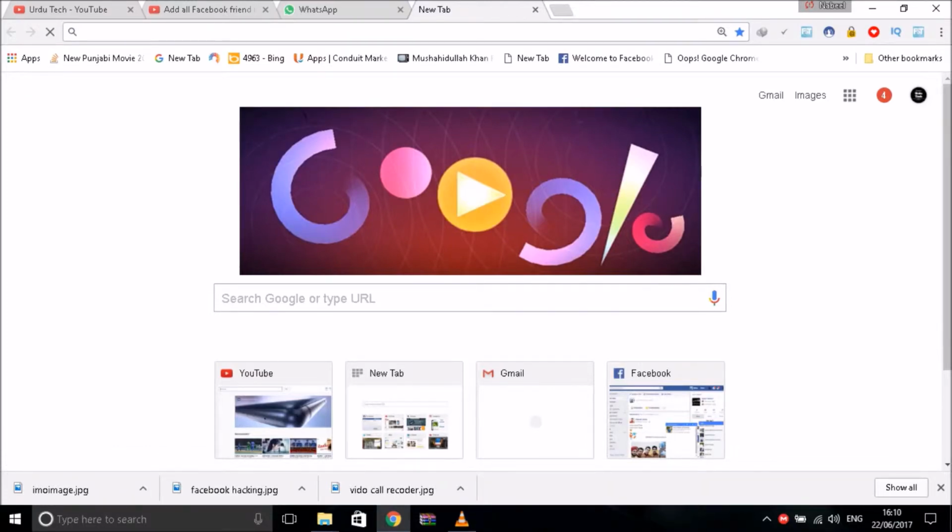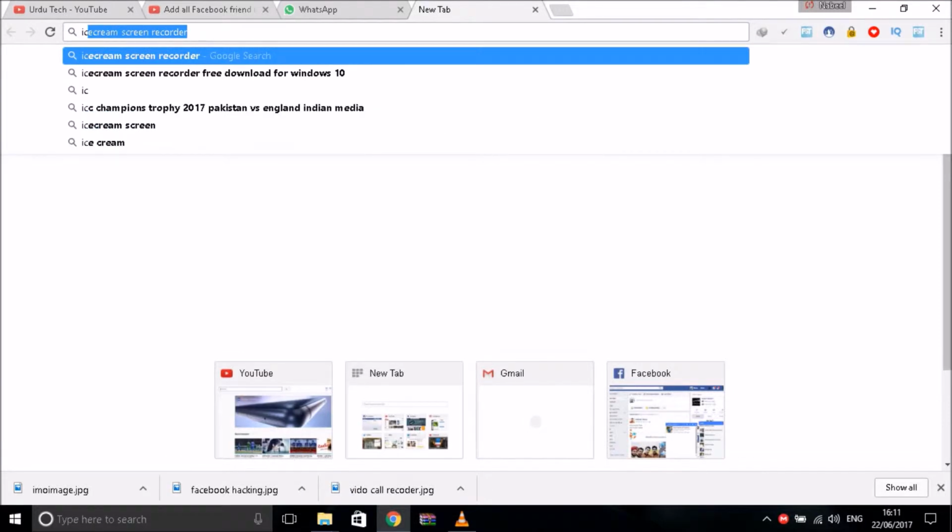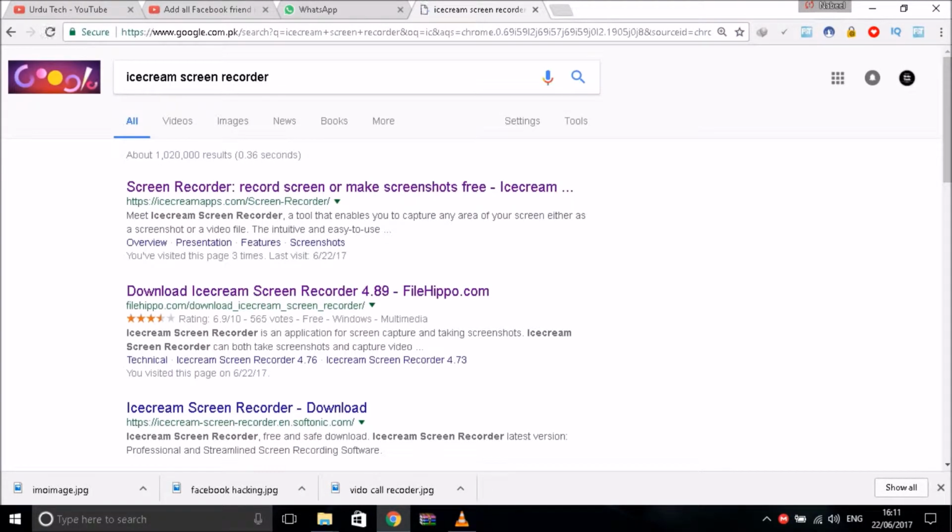Today I will tell you how to record your screen. Just a simple way. You just need to search Icecream Screen Recorder on Google, and on the first link, the Icecream application, you click here,